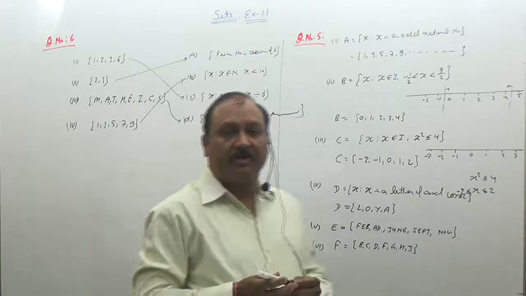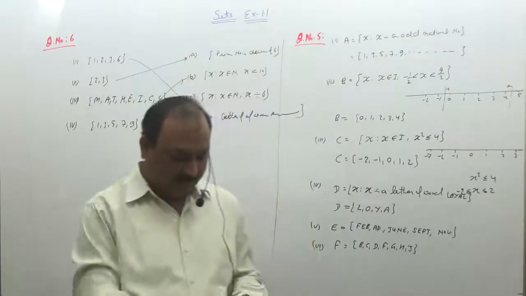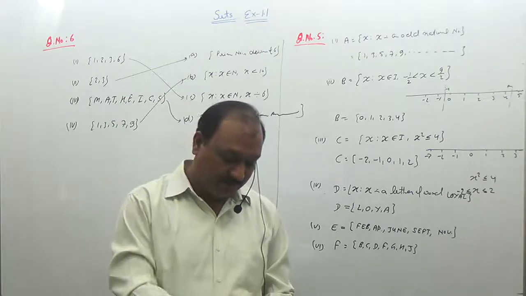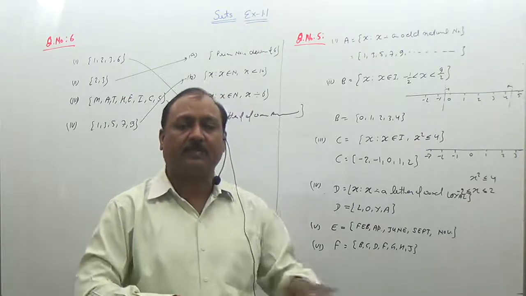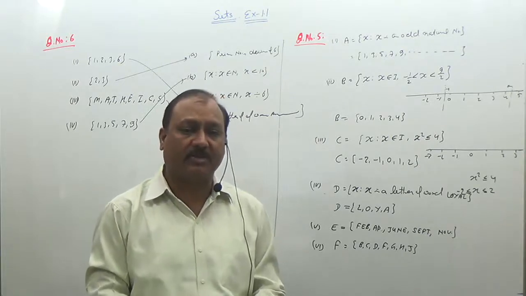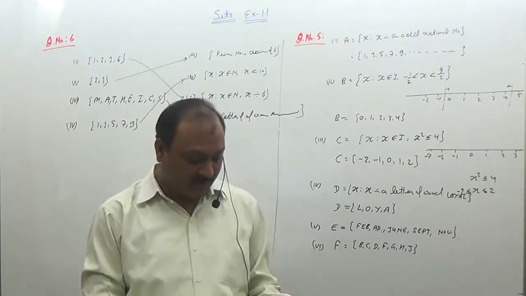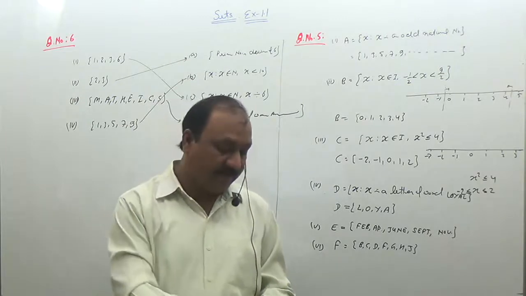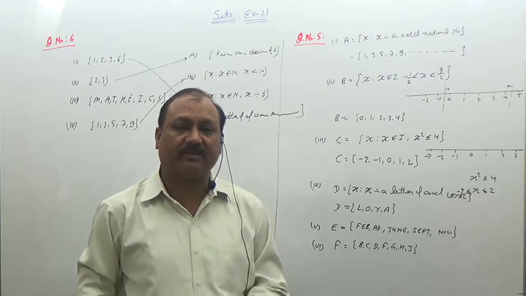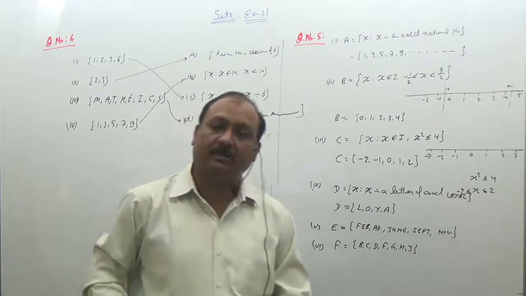So this one is the first exercise of the chapter test. In the next lecture we discuss the types of sets, but we have already discussed the kinds of sets in the previous lecture. So directly in the next lecture we proceed by taking exercise 1.2 and find out the various types of sets.